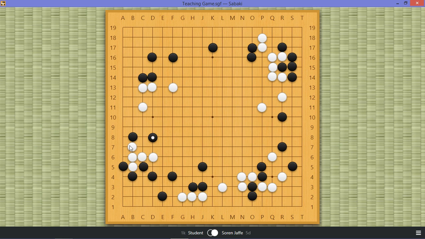But my idea was having this exchange here would mean this ponuki wouldn't be connected. Plus, I want to attack the whole thing too, you know. Black just connects, yeah. Too passive. Now I go here, and then black jumps. I just extend, and black is struggling. Hane at the end of 2 stones. Pretty powerful move. I don't think it's necessary though. I think I can